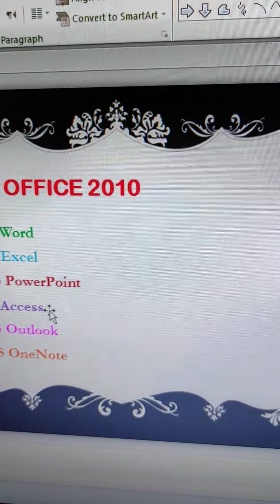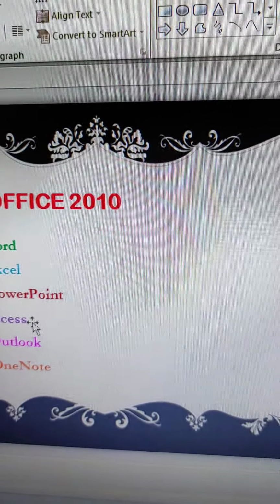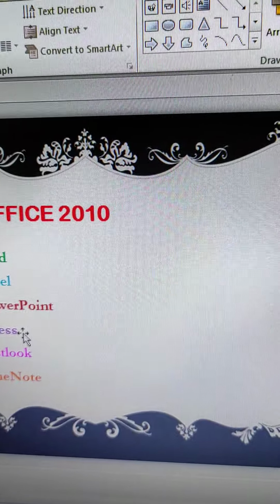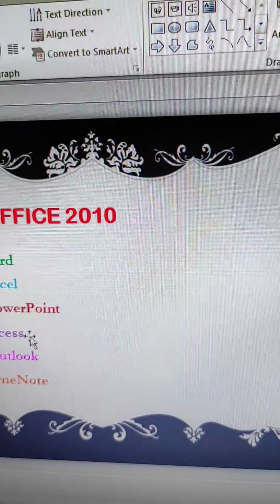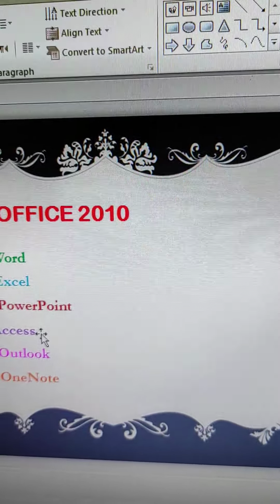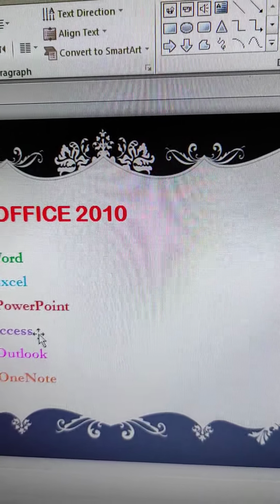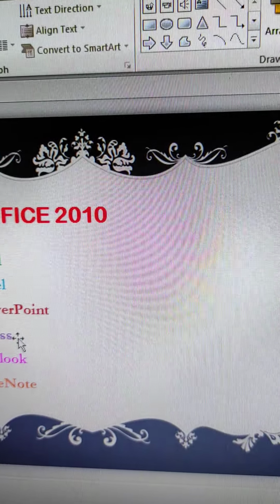Now students, in this video we will learn how to work with sound and how to trim an audio clip in a PowerPoint presentation. PowerPoint allows you to add an audio file to your presentation. This audio file can play background music when objects or a slide appears on the screen.